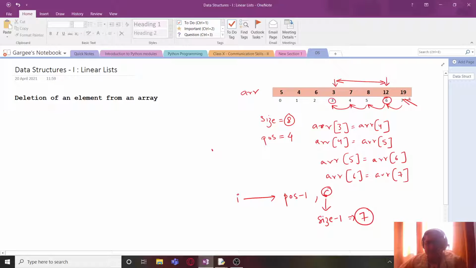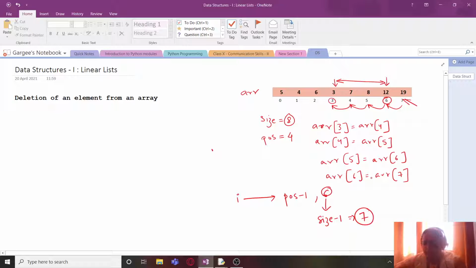That is why 7 has to be taken as the stop index, because we have to exclude the value of 7, and we can get 7 by using size minus 1. So this way we can do the shifting of elements.